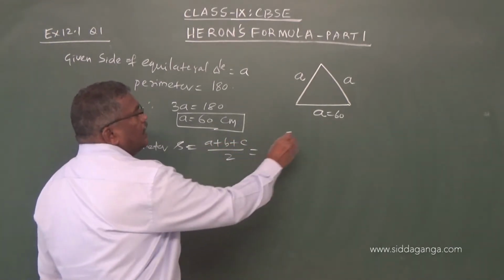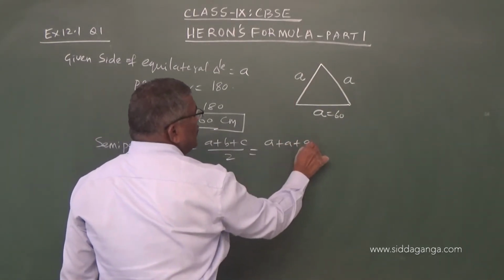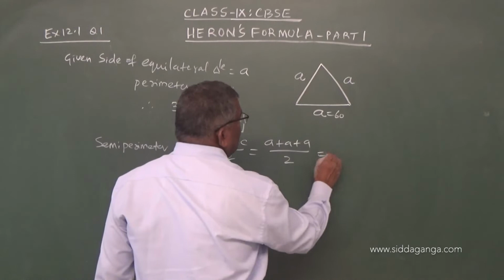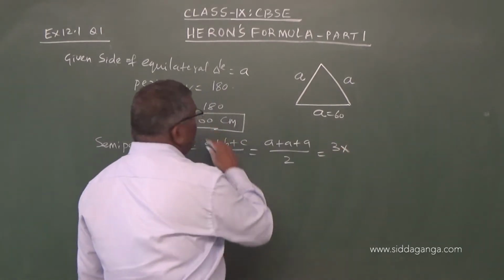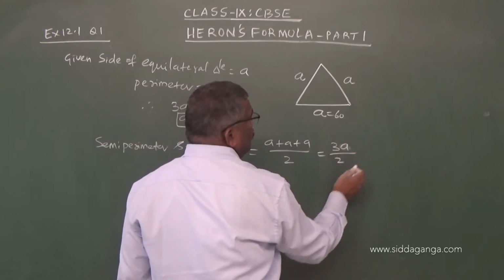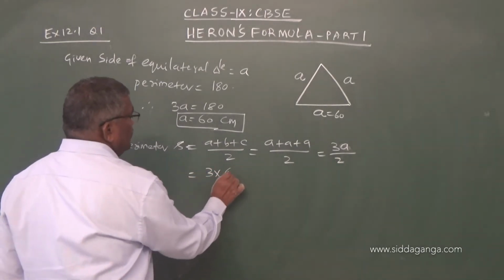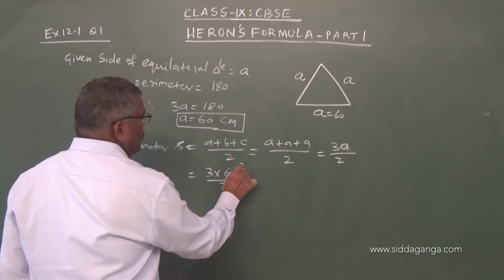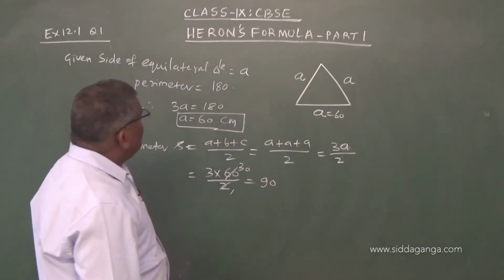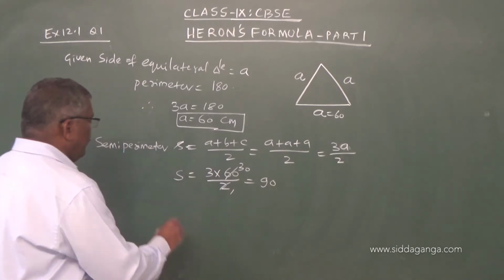In this case, A, B, C are equal, A equals B, B equals C. So this equals 3 into A by 2. A is 60. So 3 into 60 by 2, that is 90. So S is 90. So therefore by Heron's formula we have,